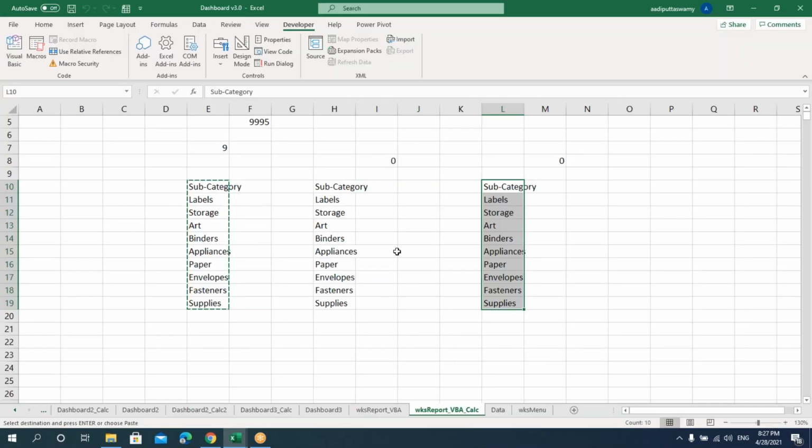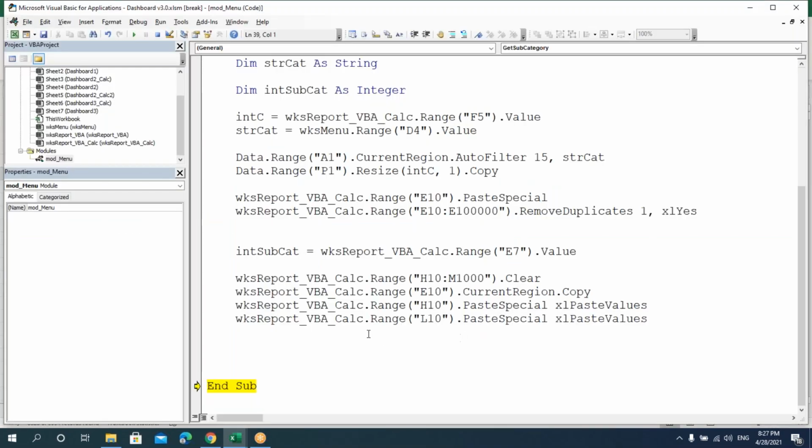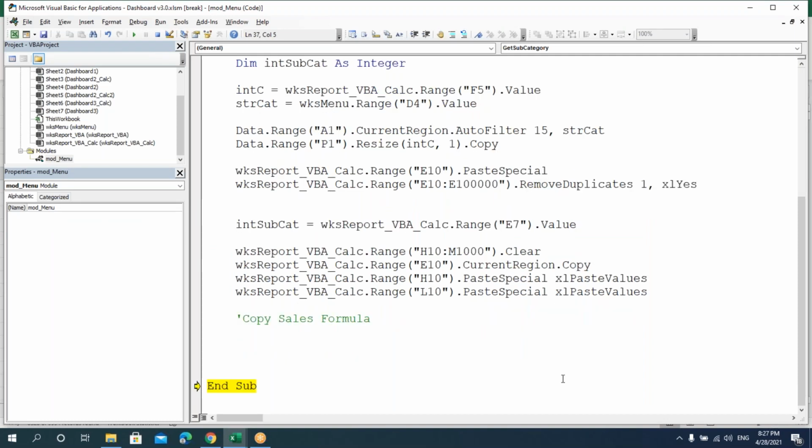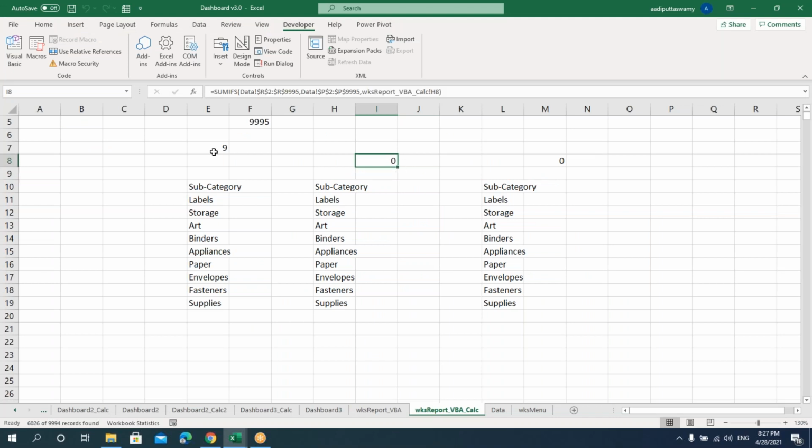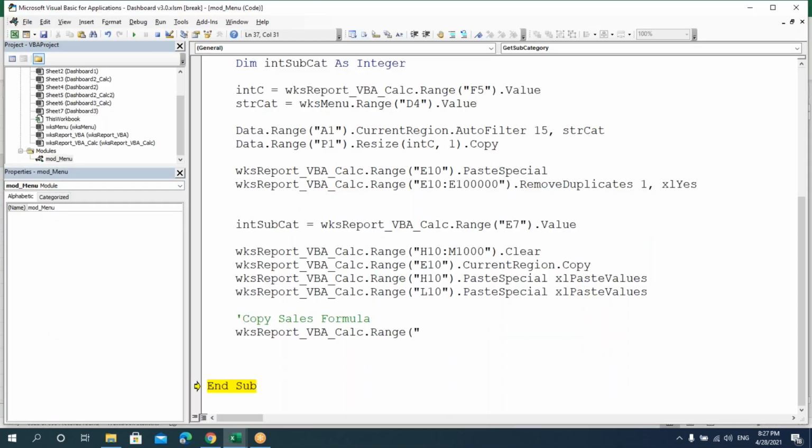Done. Next we need to copy this formula and paste it here. Anyways, I have the count here, so we'll copy this. I'll just put this as copy sales formula, say calculation dot range of, we'll copy this formula, say I8 dot copy.